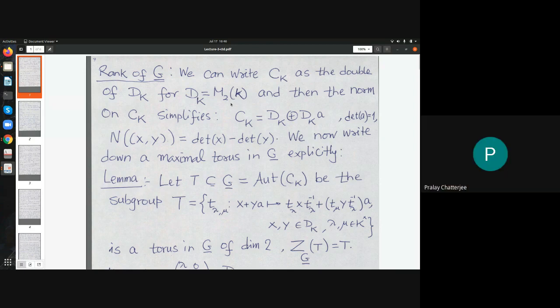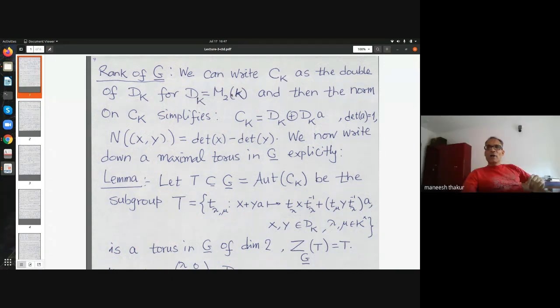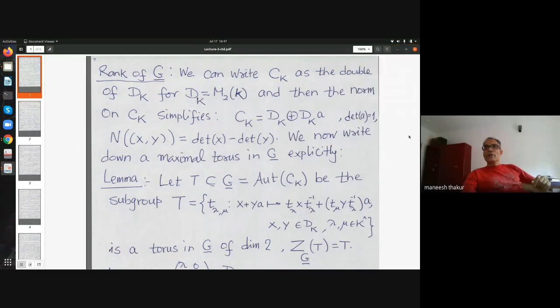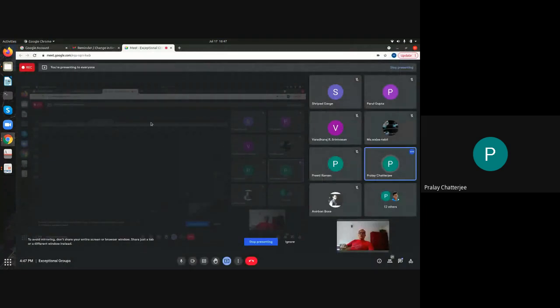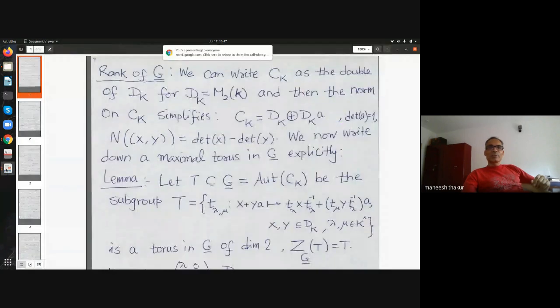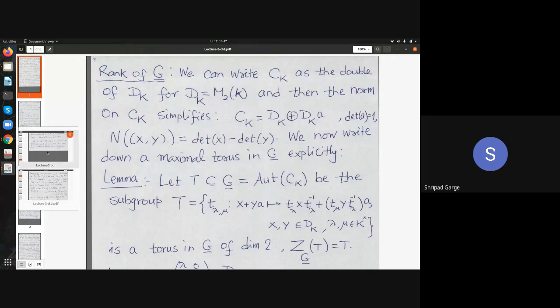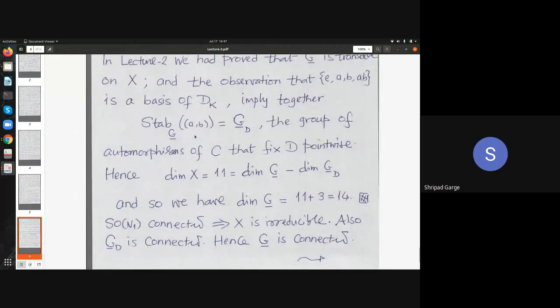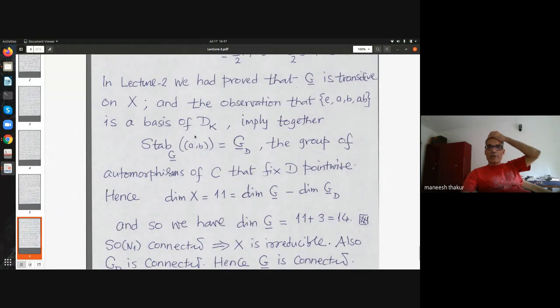So Manish, why have you talked about the dimension of G also? How did you conclude that it's 14? I'm sorry, I can't hear you. Can you? You said the dimension of G is 14. Yeah. G is the full automorphism group of the octonion algebra, right? Yeah. So I have to share again. Is it Shripal, or how do I get back? No. If you have, go to the above thing. Yes. Has it come? I think he just wants to know why you computed the dimension. Why I computed? How did you compute? Oh, so the computation is just here. So where is the dimension computation?